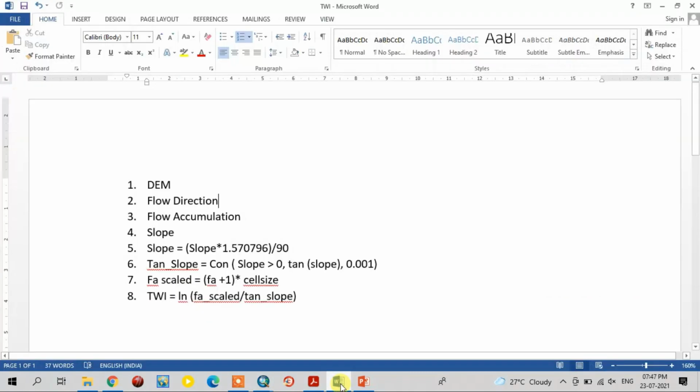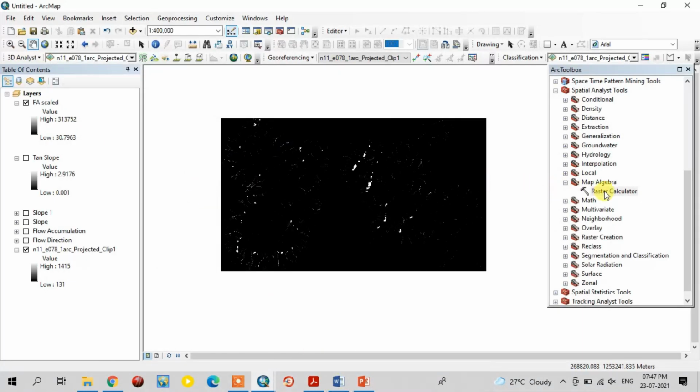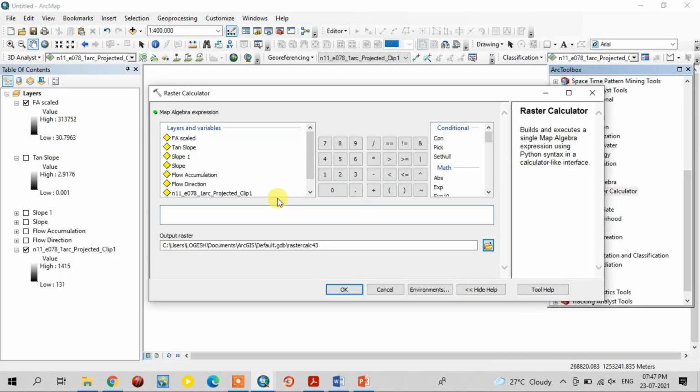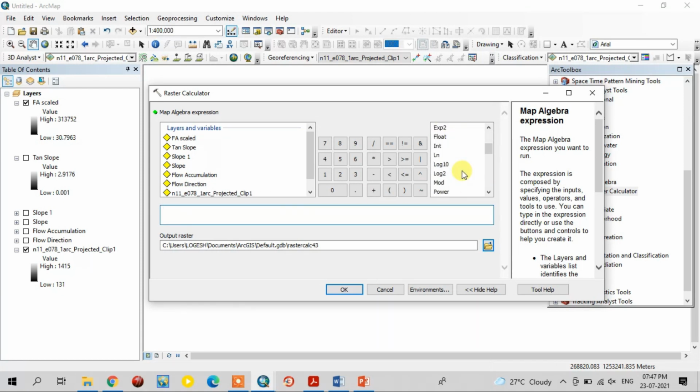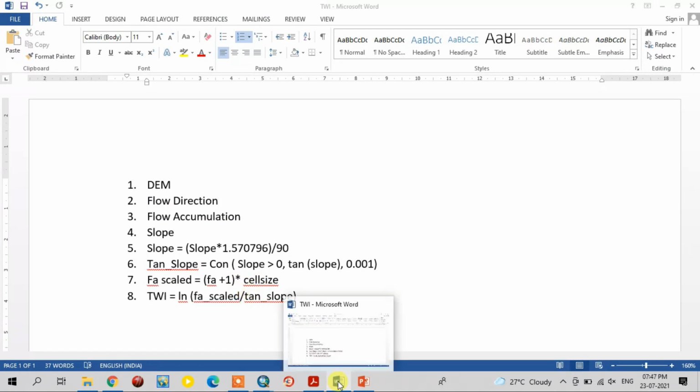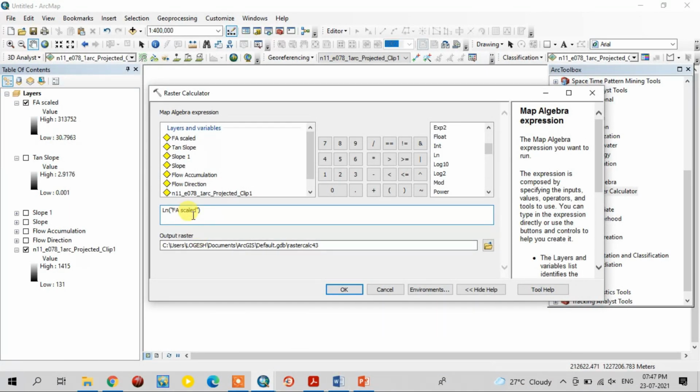After that, the last step is the topographic wetness index calculation using this formula, multiplying the flow accumulation scaled version and tan slope map. Using the same raster calculator option, you just select the LN and select the flow accumulation scaled version divided by tan slope.